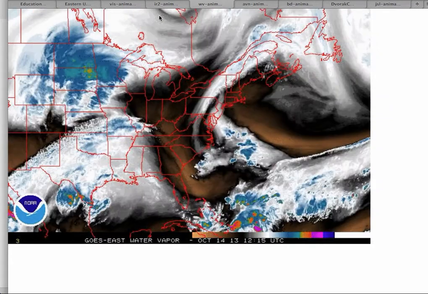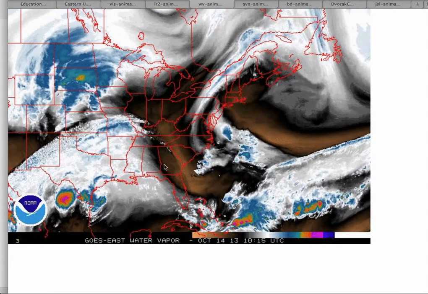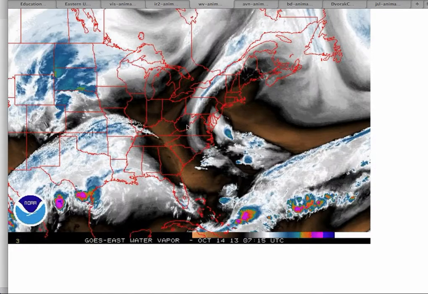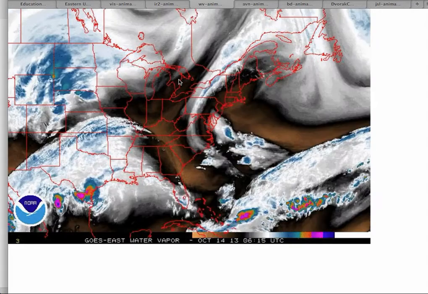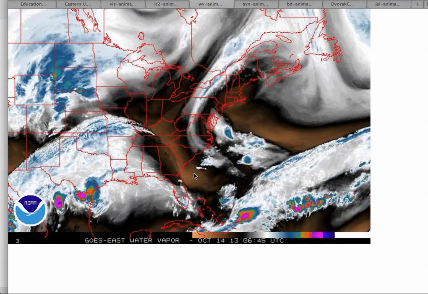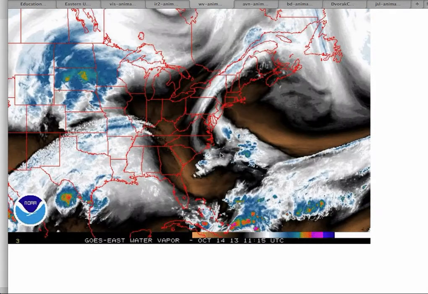You can see a very impressive trough here over the Hudson Bay. And you can see a separation in the jet stream between the polar jet stream coming out here, the subtropical jet stream here, and an upper level low that's cut off the mid-Atlantic coast. And we can also see that this upper level low is starting to become hooked up once again with our polar jet stream. The key point here is that you're able to pick up where air is rising and sinking. This red here, that's dry air. Now, when you see a lot of red next to a lot of white and blue, and in some cases orange and red, what that means is that air is rising and sinking